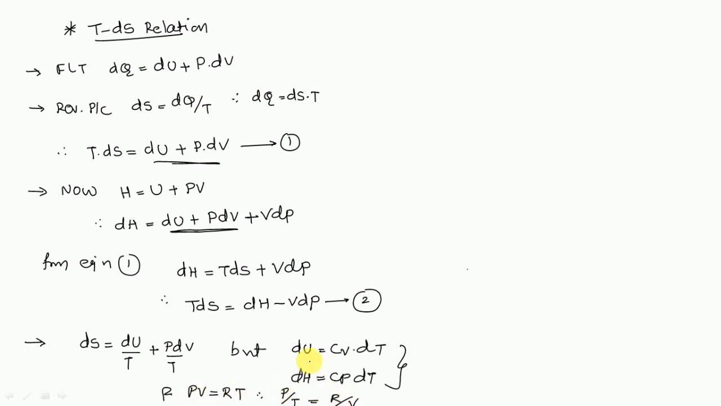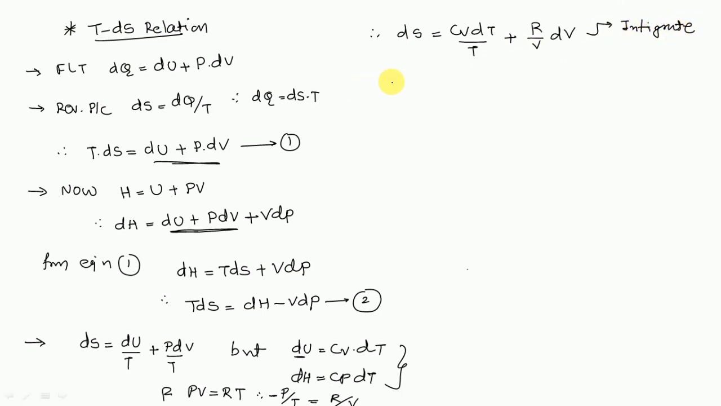So if we put the du and dP by dT value in this equation, then I write the term ds is equal to Cv dT upon T plus R upon V into dV. Okay, now integrate this term. If we integrate